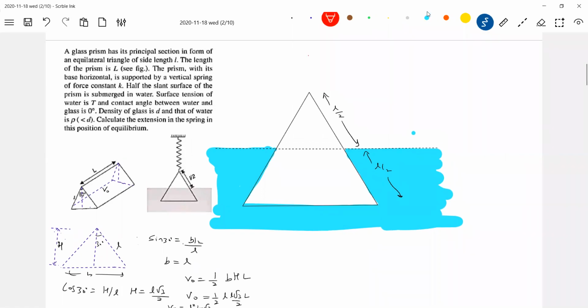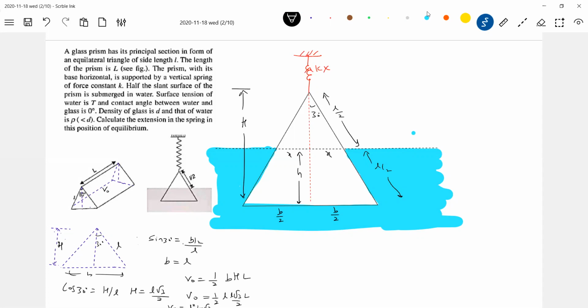Well, the spring will be elongated, so that will be spring force. The weight will act. So let's take the sum. We have taken this length to be b by 2, no? This is b by 2, b by 2. And this total height is what we called capital H. Now some length is immersed; let's take this as X. So this is 30 degrees.